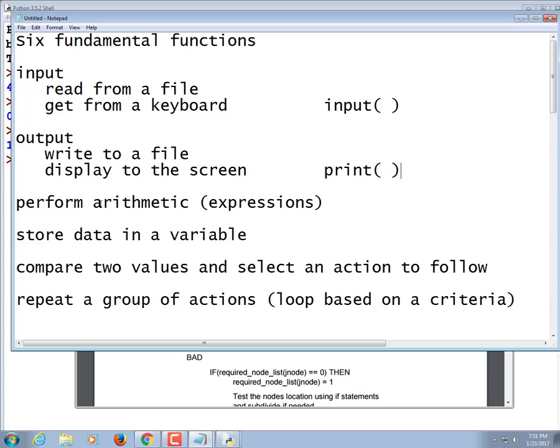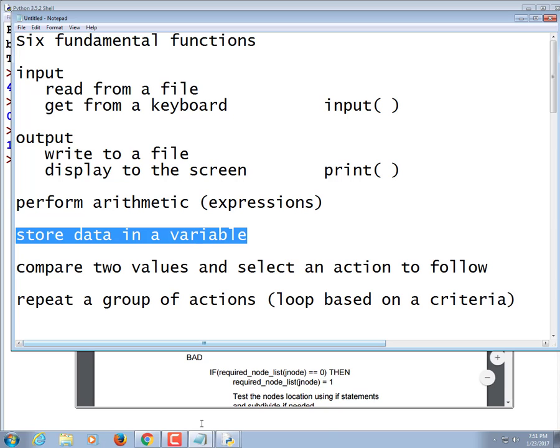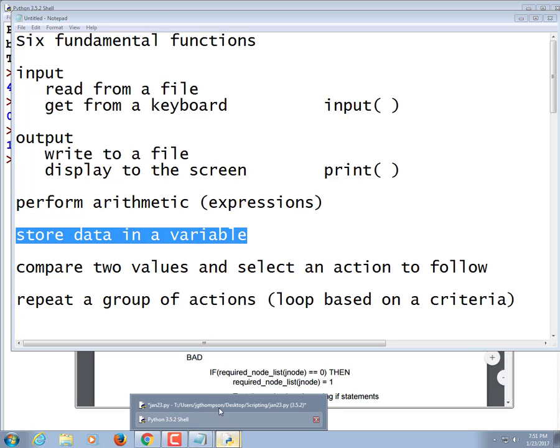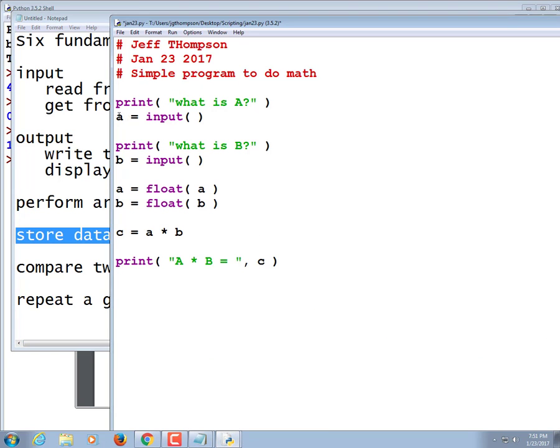And now we have talked about arithmetic expressions, and we have been storing stuff in a variable all along. Let's go back and look at our little bit of code here. Here we stored something in a variable. The variable was called A. What did we store in it? The results of the input function. Same thing for B. We called the input function, which read from the keyboard, and the results were stored into